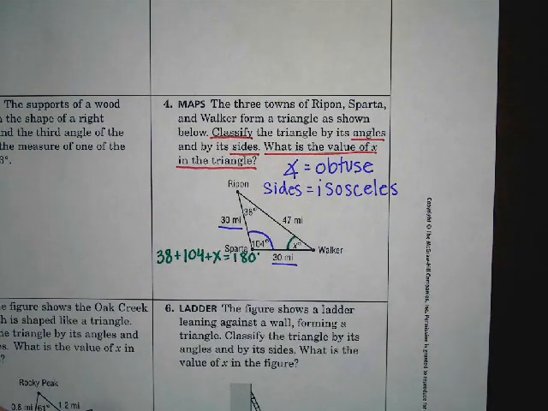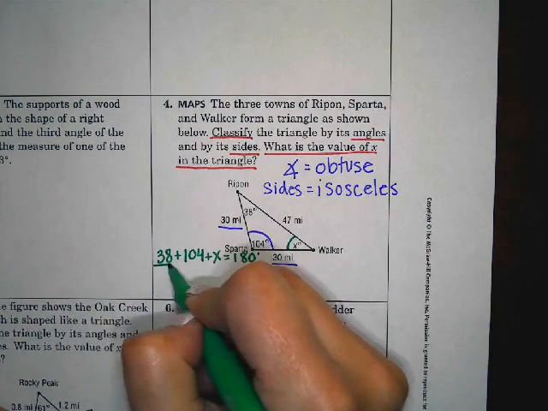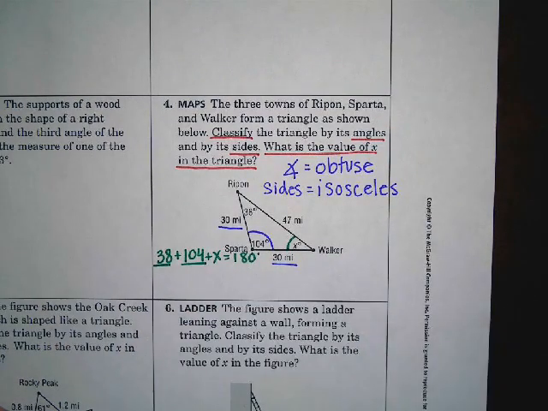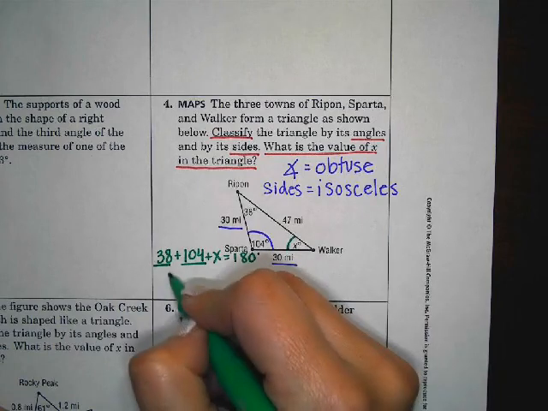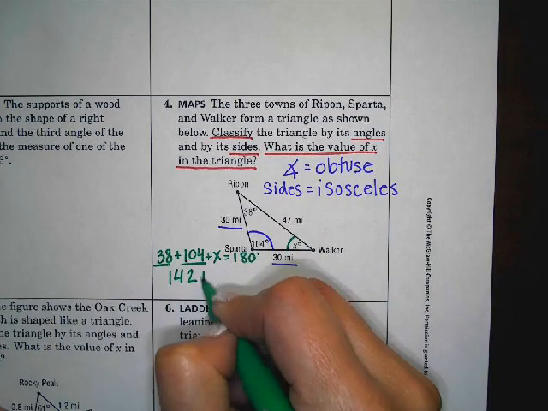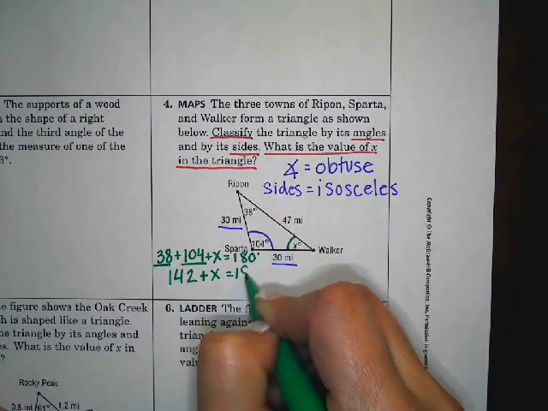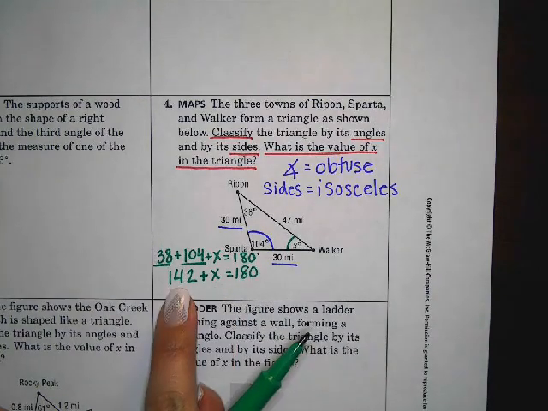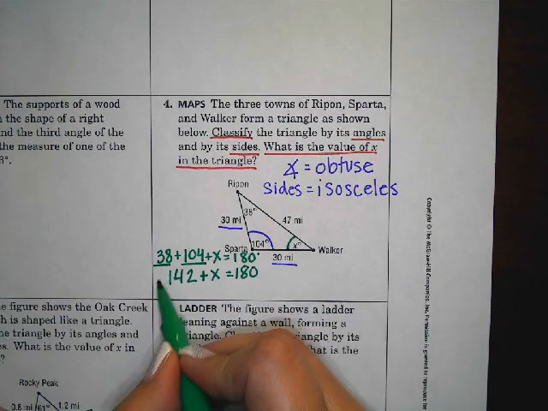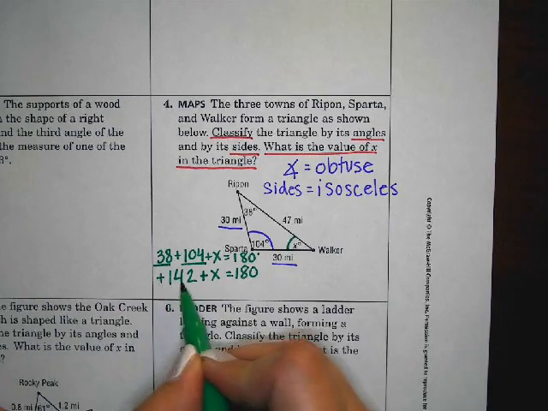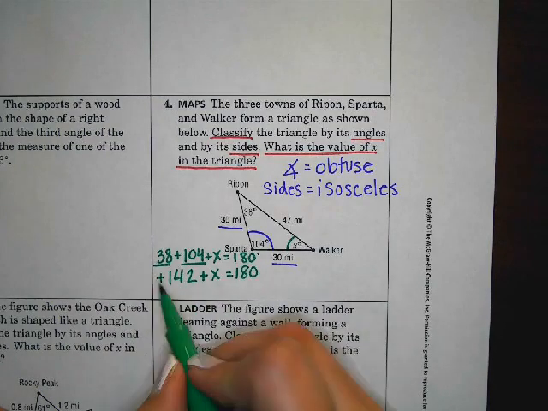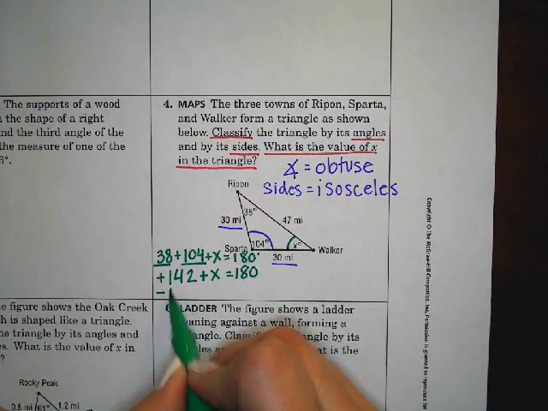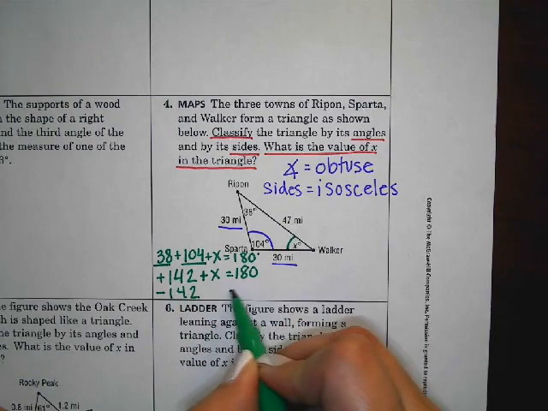Now we can start solving the equation by combining like terms. So we can combine 38 plus 104 and it gives us 142 plus x is equal to 180. Now to solve for x, we need to get rid of this 142, so we're going to do the inverse operation. So this is really a positive or plus 142, so the opposite of that would be subtracting. So we're going to subtract 142 from both sides,